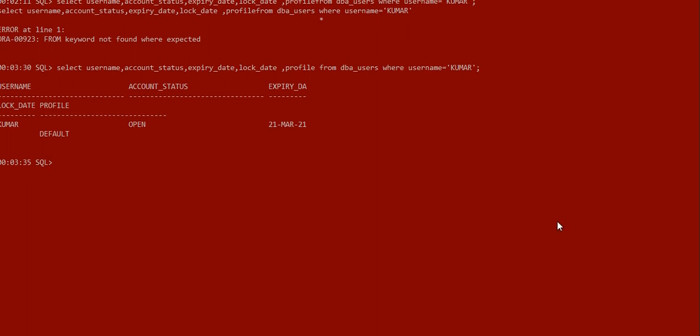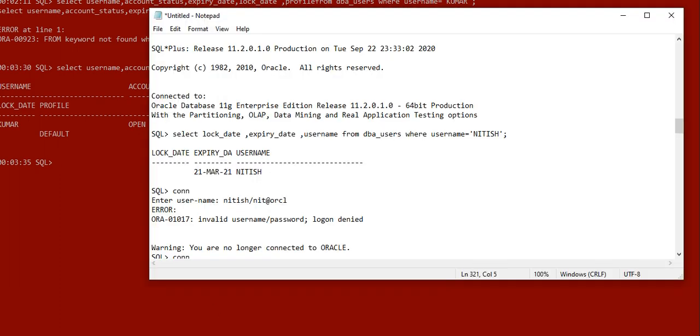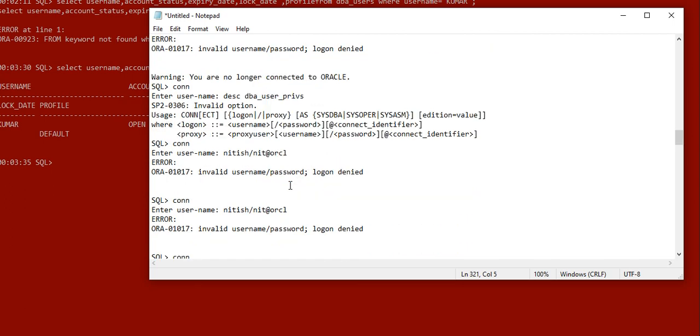The value by which you know after how many wrong password attempts it will get locked is failed login attempts. Failed login attempts is the parameter in which the value has been set. So default is the profile here, and I am going to use the wrong password. Basically, in the default profile, I have set that value to 1 only. Failed login attempts to 1. One second, I will show you that.